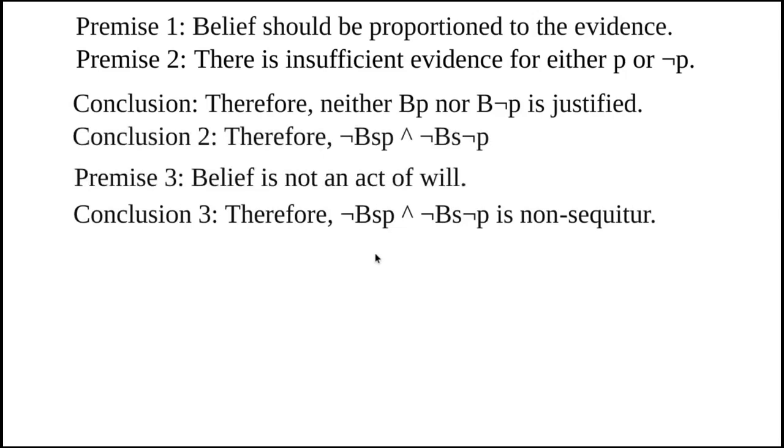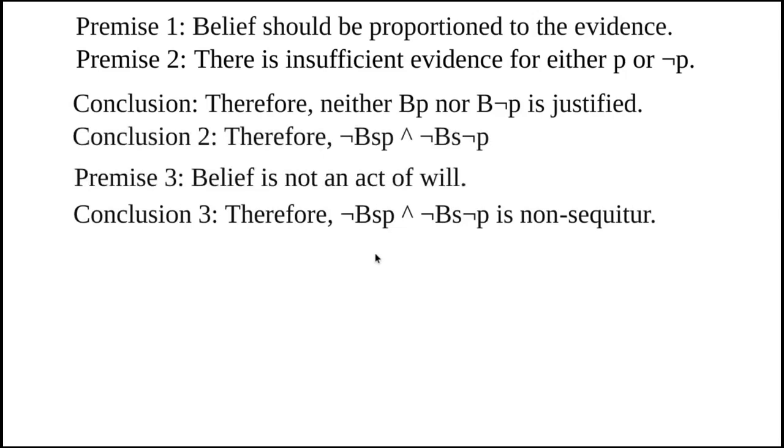The first two conclusions are non sequiturs because they don't logically follow from the premises. Belief in P or not P could be justified depending on the nature of the truth claim and the evidence available. Furthermore, as written, the subject introduced in conclusion 2 is not bound by the normative standard of premise 1. The subject may hold any degree of confidence about P or not P, ranging from tentative belief to full suspension of judgment, without contradicting rational norms.